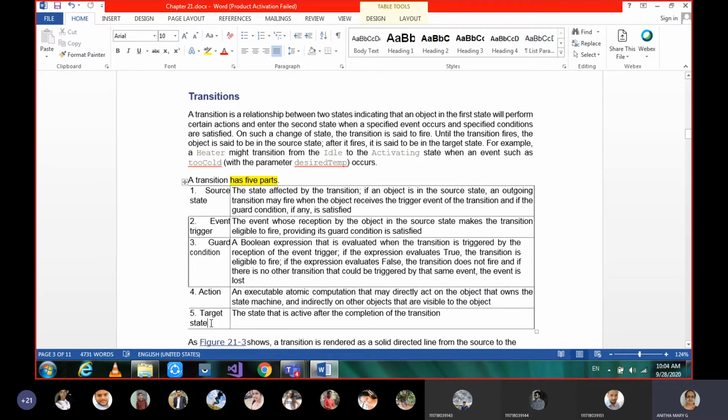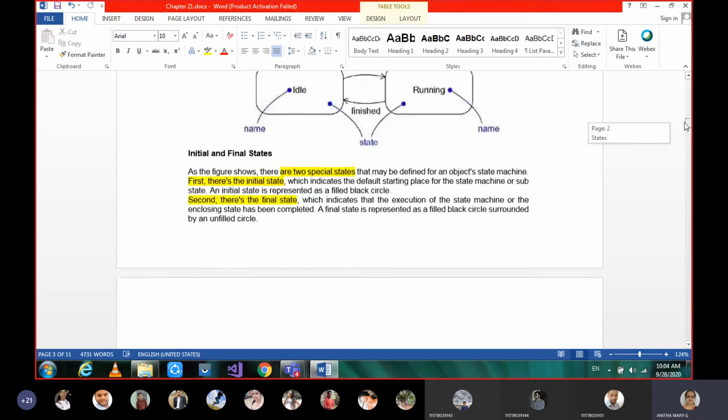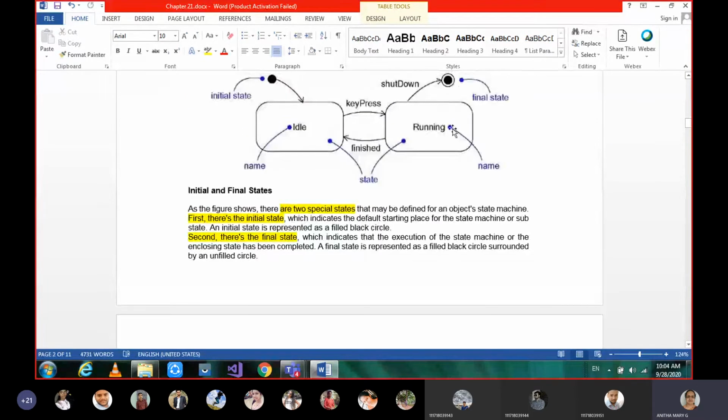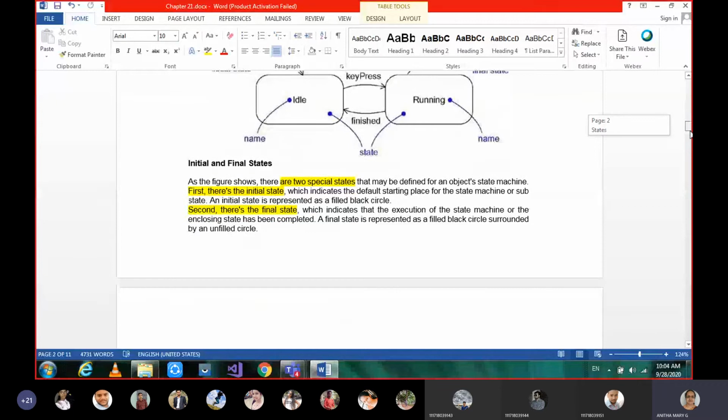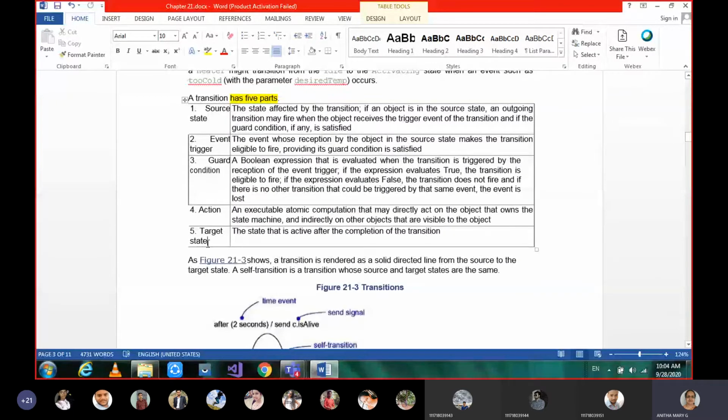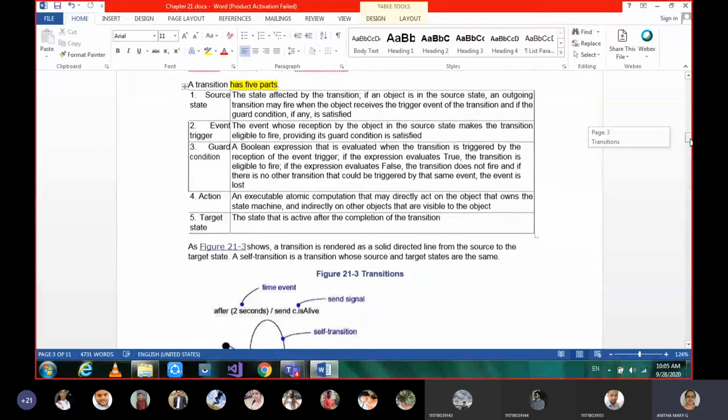And the target state, the final state, the state which is before the stop state, is nothing but the target state. And as soon as you start, the state you have is the source state. So that is what we are talking about, source state and target state. In between, the event trigger is what kind of event or action they are asking the state to perform, and accordingly it will fire or trigger. And this is the condition, and based on the condition, the action it is going to perform. So these are the 5 different parts of transitions.